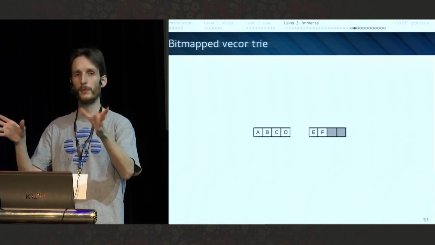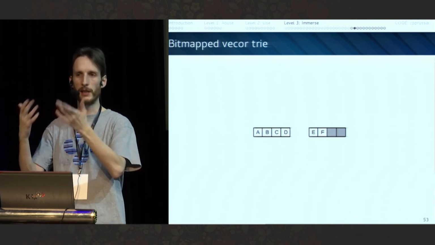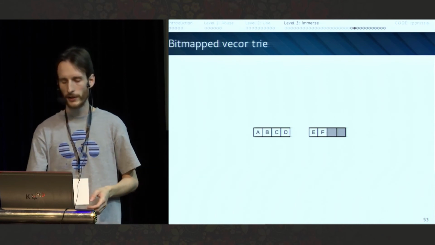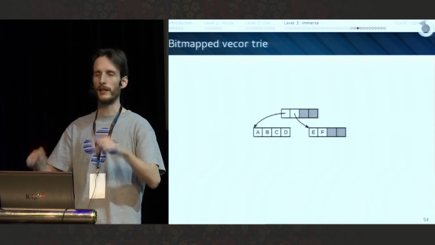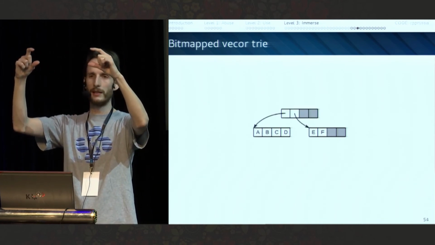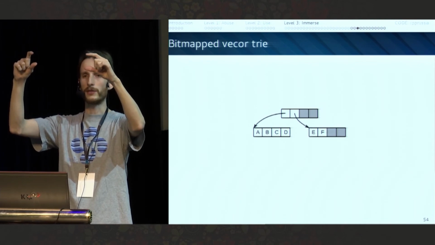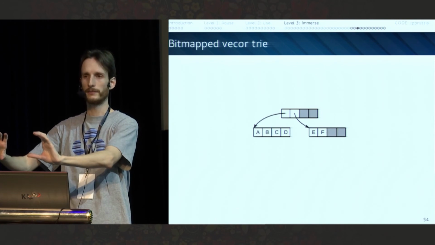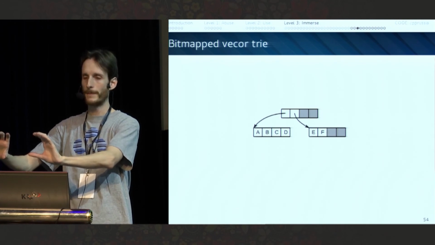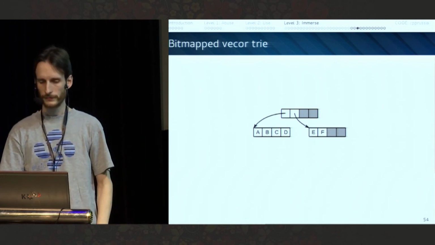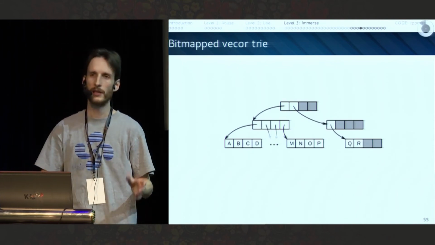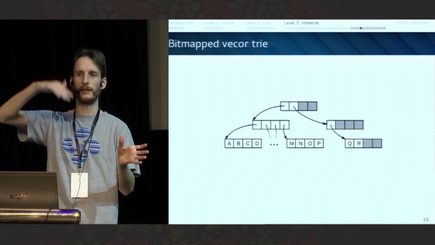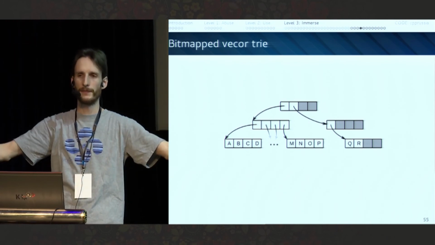Now, since we have 2 buckets, we need a way to keep track of them. So we are going to have to create another bucket of the same size that now doesn't contain values, but just points to the buckets that actually do have the values. Okay? And again, when it overflows, you create another level, and you get a tree.